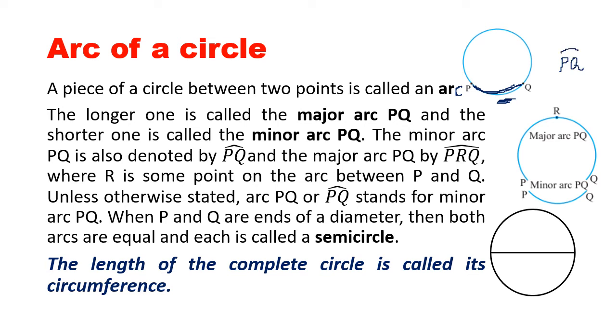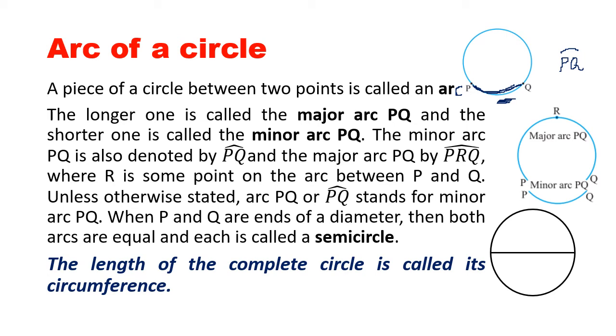Now if you want to understand arc, if you have a bangle at home, a glass bangle, it is complete, okay? Your mother wears bangles which are complete. Now if you see a broken bangle, a bangle which has fallen down and broken, then every piece of the bangle is an arc. So when a bangle falls and breaks down, every piece of the bangle you can say is an arc.